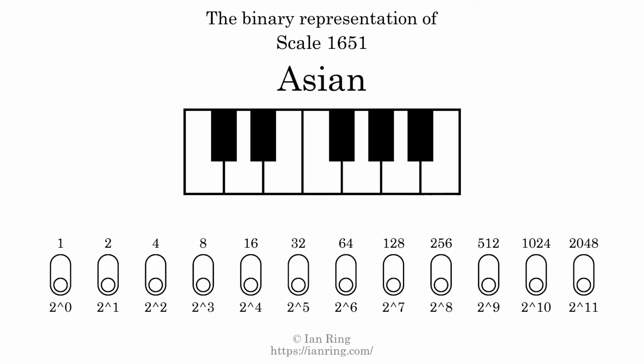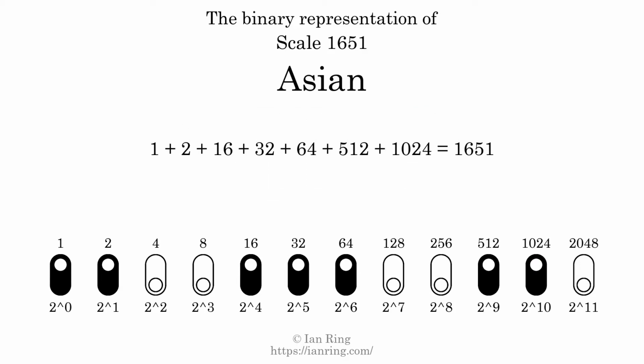The binary representation of this scale is determined by mapping tones of the scale to binary digits. Each binary digit represents a power of 2. To get the scale number, we add the powers of 2 together. The powers of 2 that are present in the scale, all added together, equals 1651. That is why the scale number, in decimal, is